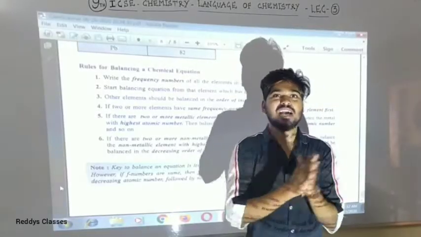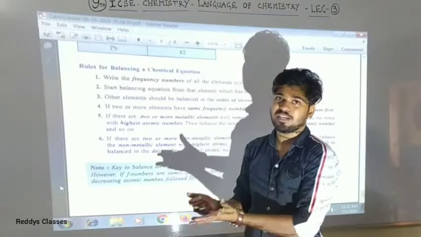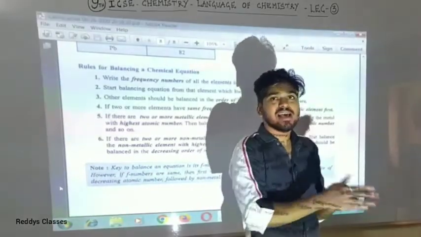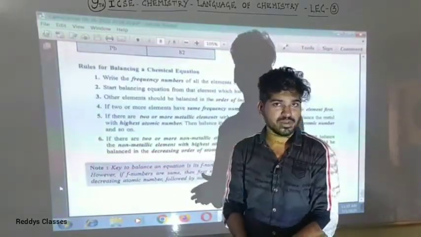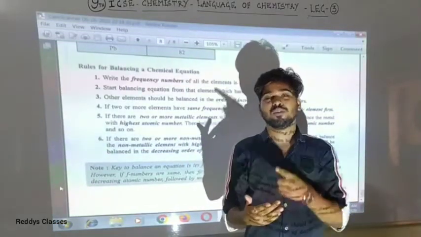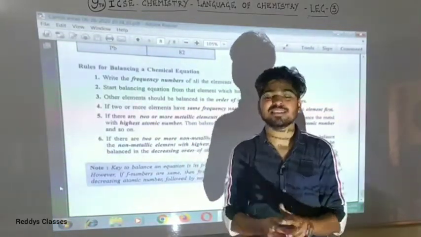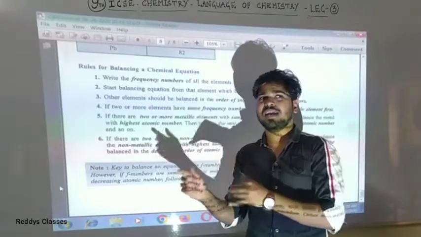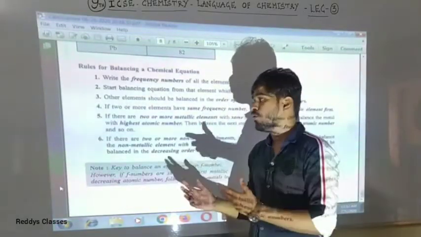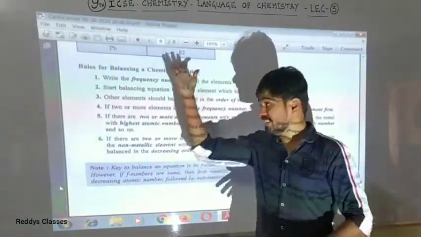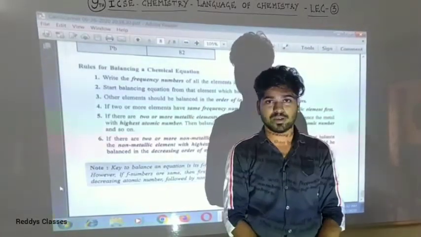So as we completed F numbers, we started balancing the chemical equation. We balanced with hit and trial method as well as partial equation method also. We have more atomic numbers here. You have to learn the atomic numbers. You have to start balancing the chemical equations. Make sure about the reactant and the product. We will be studying more balancing of equations with these rules, with these 6 rules, in the next lecture.